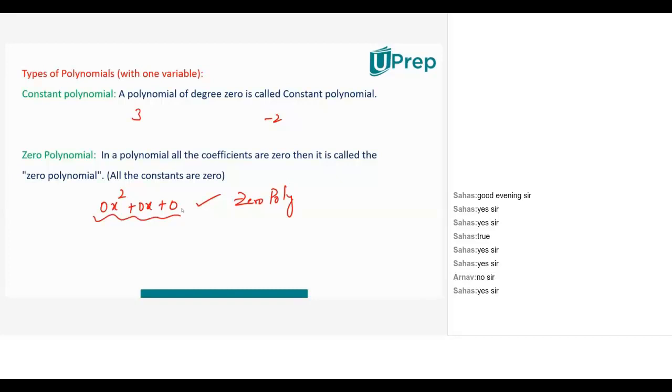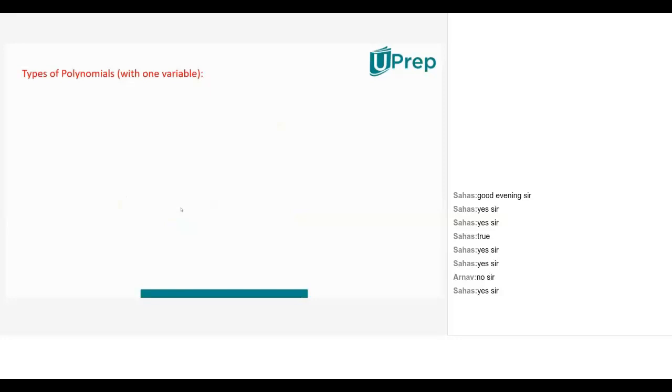Visibly, no. Yes, there are, sir. 3 terms in it. 0 into x square is one term, 0 into x is one term, 0 is another term. If I add these 3 terms, I have an expression. There are no negative powers to the variables because the variable powers are x square, 2 is the power, x power 1, 1 is the power, x power 0, 0 is the power. So variable powers are non-negative integral values only, satisfying every condition of my polynomial. But the thing is, do you really see a term there? There is nothing there. Only 0 is present. That means we are able to now create one specific polynomial from nothing also. Right?